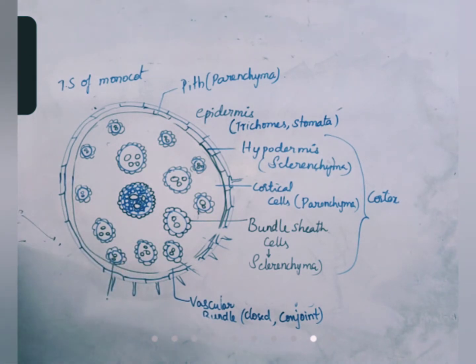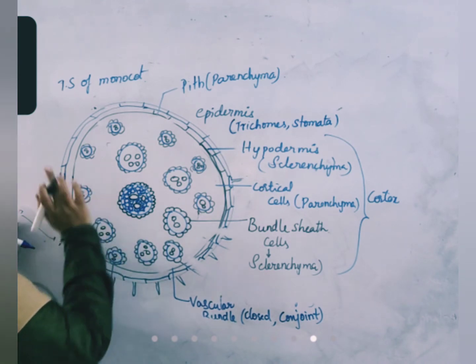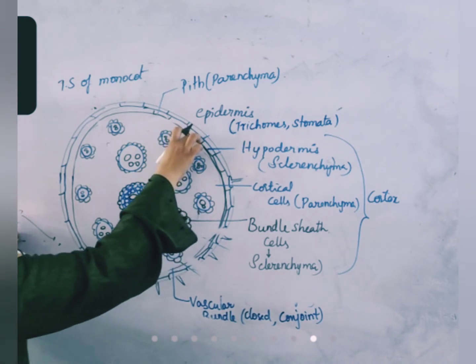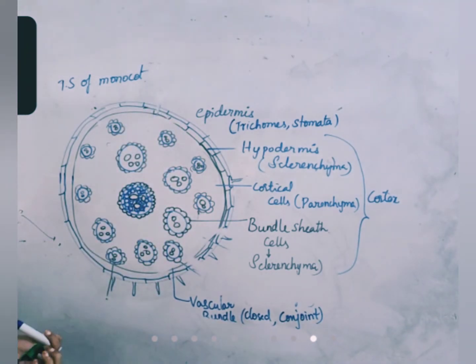So vascular bundle is scattered inside the cortex, unlike in case of dicot stem. This is monocot stem. Here pericycle is not there, endodermis is not there, medullary rays are not there. There is no particular pith region. This all is ground tissue. It is just parenchyma cells, that's all. So epidermis is there, hypodermis made of sclerenchyma is there, then directly vascular bundles are scattered inside the ground tissue.